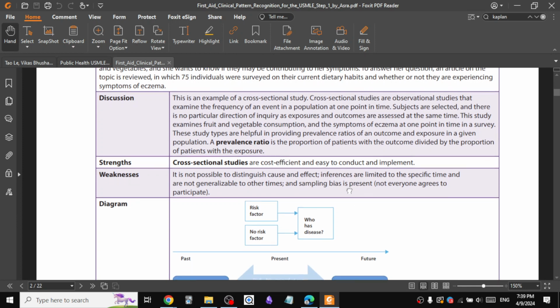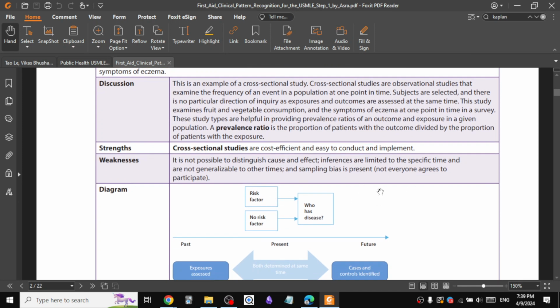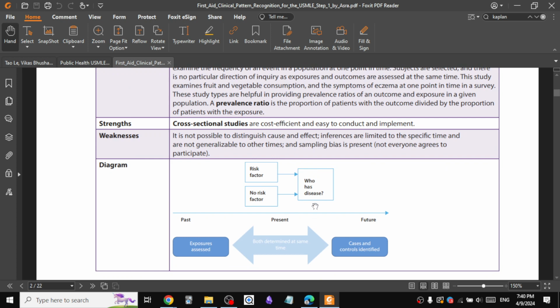Okay, so there's no causal effect taking place here. Inferences are limited to the specific time and are not generalizable to other times. Okay, so as we take this set of people, it also matters that these people are present in a certain time period. And if they are present in this time period, it cannot be generalized that this will happen in the future as well, or that it happened in the past as well. It's just static. Okay,